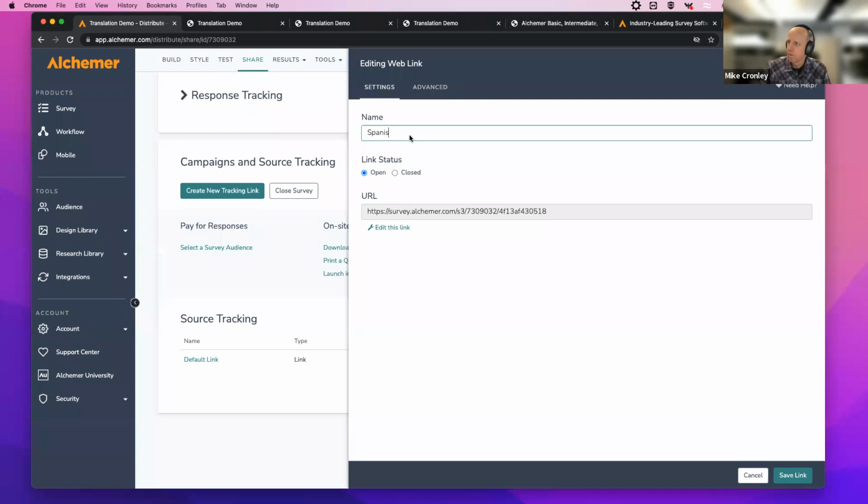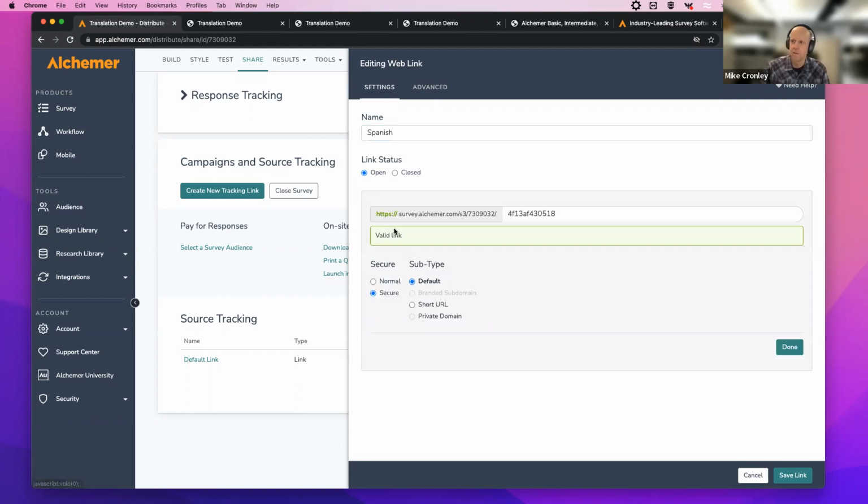And I'm having trouble here. So this is Spanish. So this link right now, I'm going to share this out specifically to that audience because I know they're Spanish speaking. So this is a Spanish link. So one thing, and this is in our documentation, is a good practice. I could make this, it's called the slug, which is at the end of the URL for the survey. So I could make it SP or Spanish, just to designate it as flagged for that.